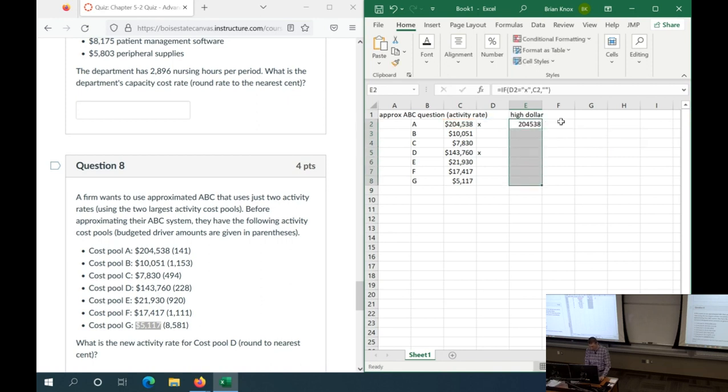Okay, just pulling over the ones I identified as high dollar cost pools, because A and D are clearly the largest by an order of magnitude, almost above everything else. A definitely by an order of magnitude, meaning like one place value over, times 10 the other ones. And then I'm going to take that formula and reverse it and say